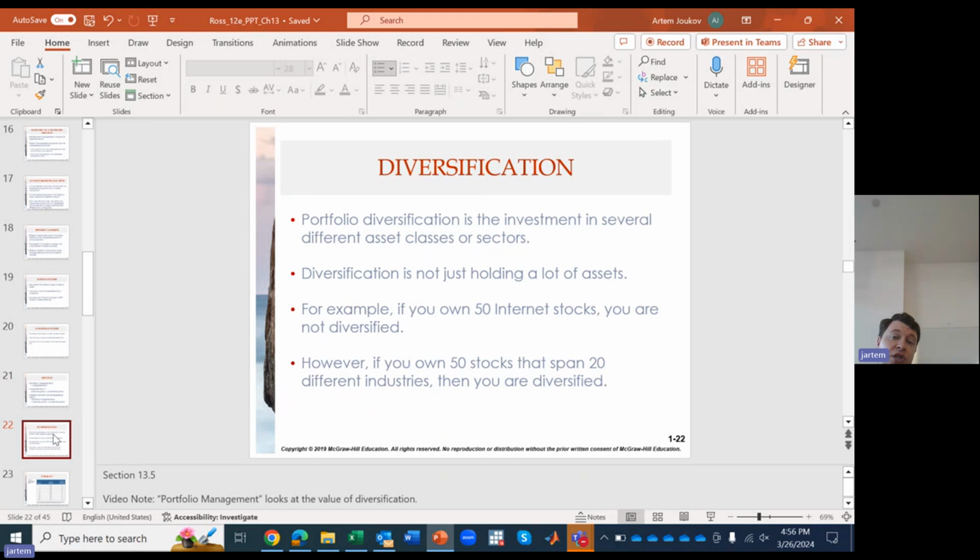But if you own 50 stocks in different industries, you've got Microsoft and Tesla, like electronics, right? Internet stocks. You've got the oil sector. You've got the shipping sector. You've got all these other sectors, car manufacturers, all these other things. Then a disaster in one sector will bring your portfolio down, but not as much, right? Because now only 1/20th, or 5%, of your portfolio is in that sector.